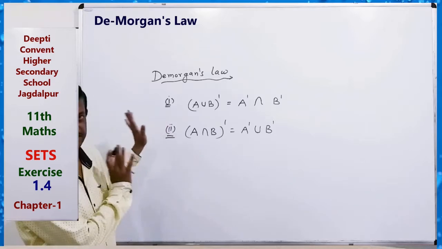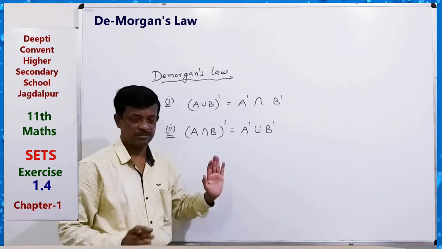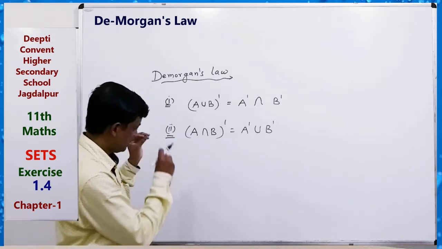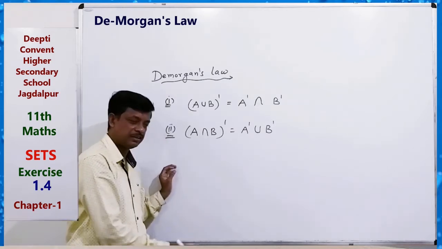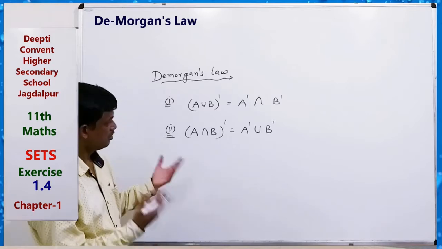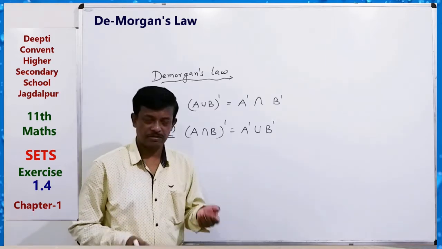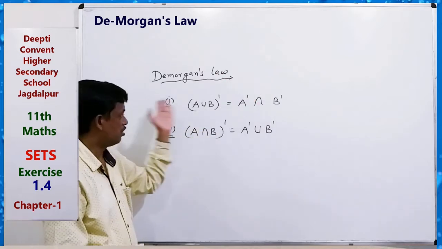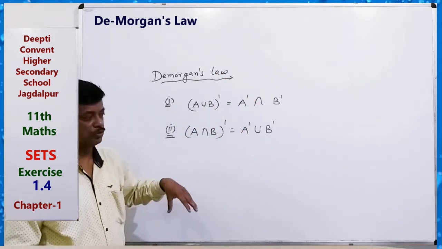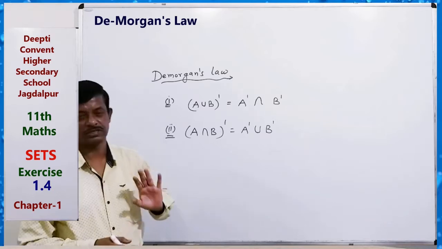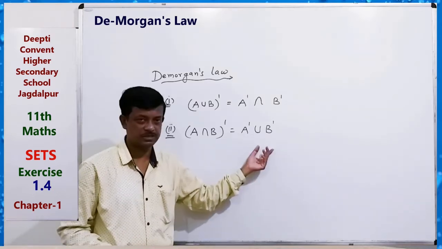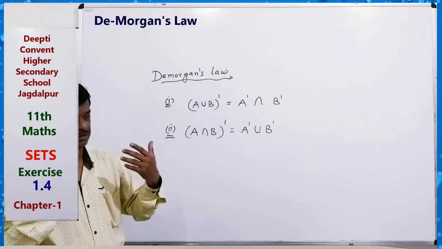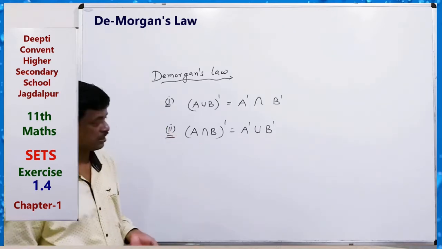Just remember this. In the next class, I will prove how we can prove it logically. That is a very important part. So I will discuss proving this type of relation, distributive law also, De Morgan's laws, and some questions of this type. How can we prove that this is equal to this? I will discuss it in the next class.